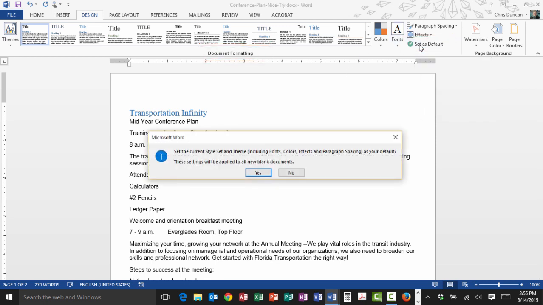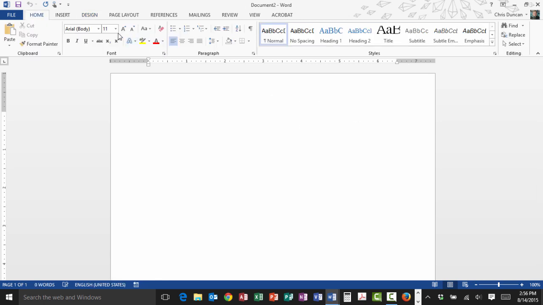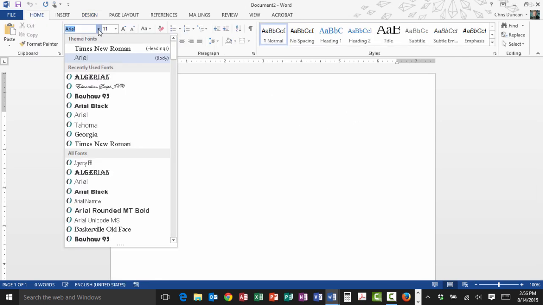The computer is going to ask you if you're sure that's what you want to do. Just click on Yes. And from now on, every time you create a new document, you can see that your font choices are already set in the theme fonts at the top of the